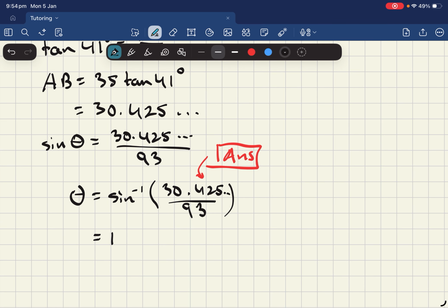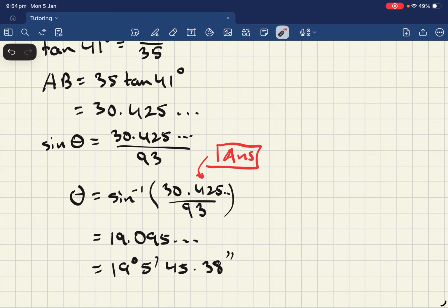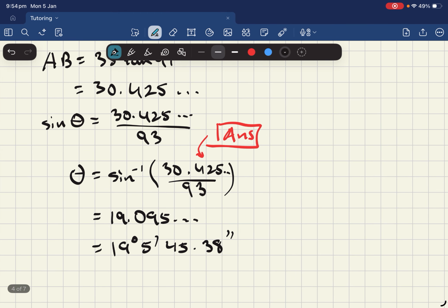This gives us 19.095... degrees. And remember, we press that button to convert from decimals to degrees and minutes. So we have 19 degrees, 5 minutes, and 45.38 seconds. Now this number here, the seconds, because we're rounding to the nearest minute, this number is 30 or more. So that means we're rounding up. So that means we have 19 degrees and 6 minutes. This is to the